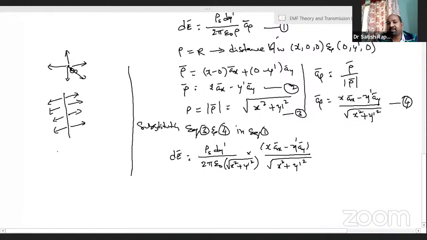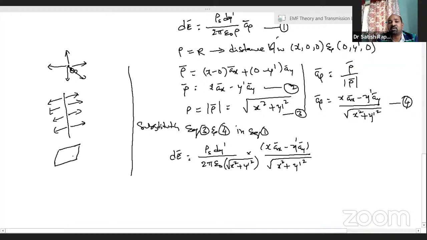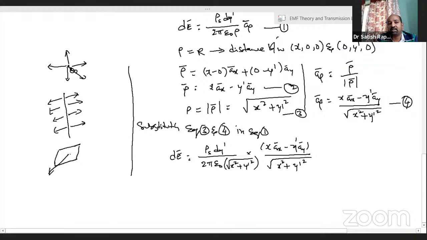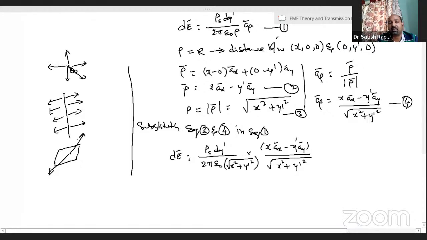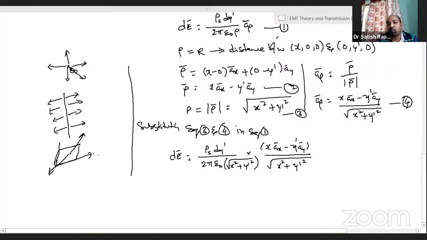Similarly, here we have considered a surface, and the direction of the electric field due to surface charge is also normal to the surface, either on this side or the other side. So the electric field is normal to the surface. So that means, if the surface is on the xy plane, yz plane,